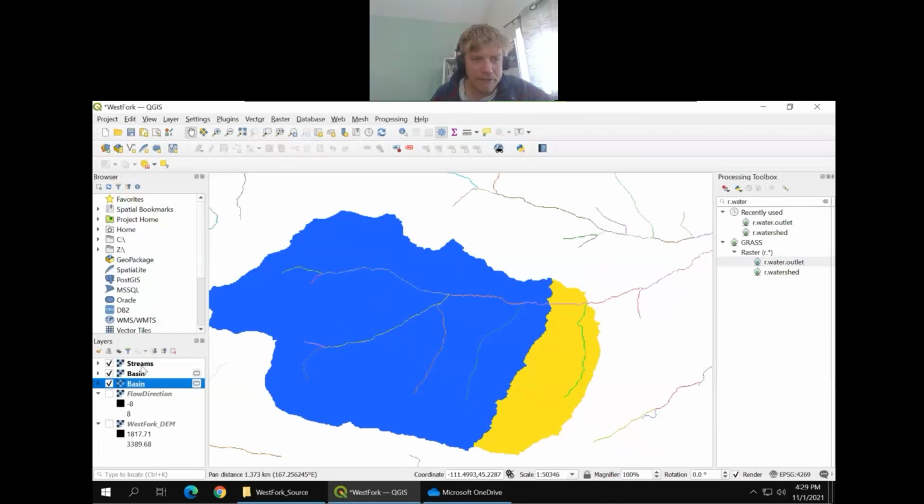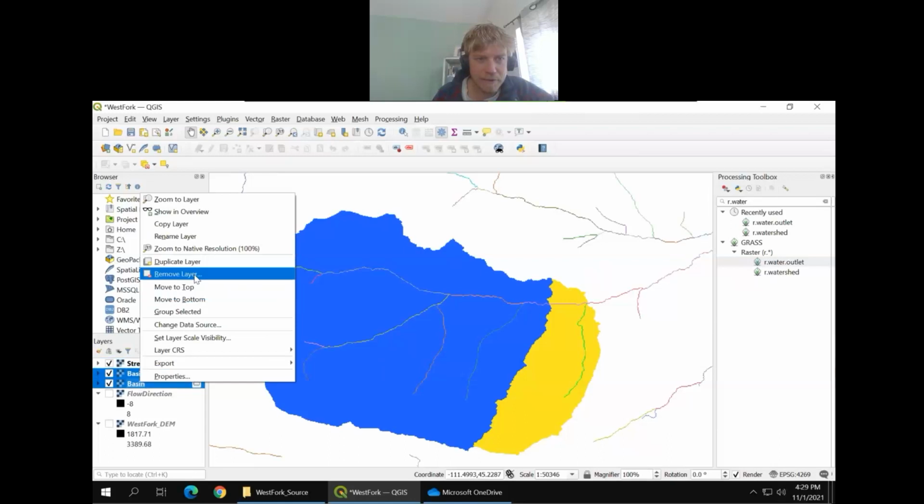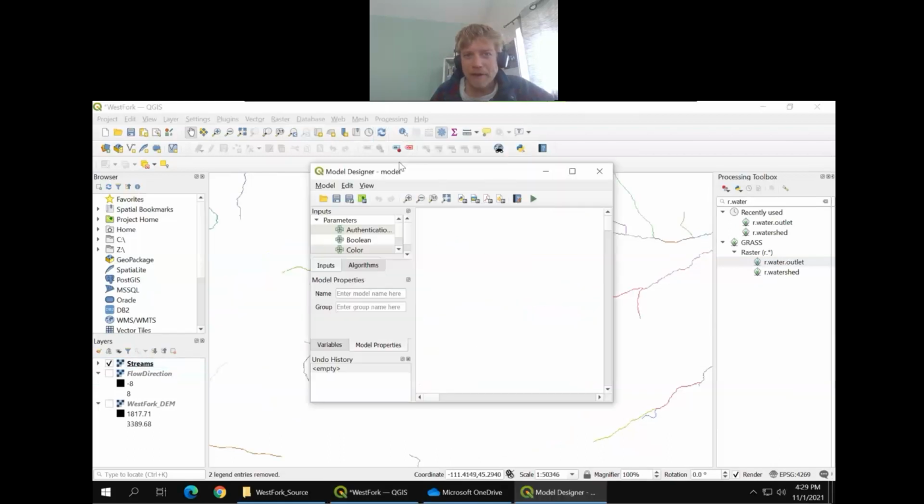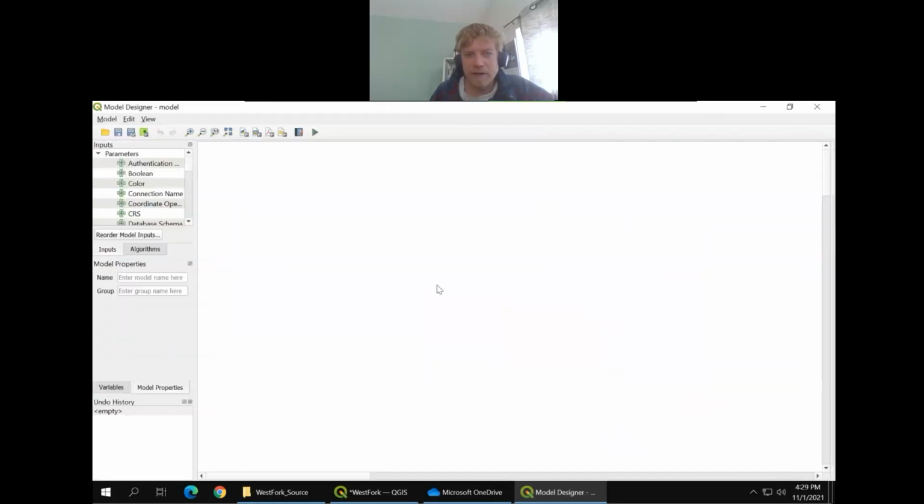I'm going to clean up my workspace here a little bit before I jump into that. Just remove these temporary layers. The Graphical Modeler is great for reasonably simple tasks, but when you try to build anything really extraordinarily complicated in the Graphical Modeler, almost inevitably you run into some silly little issue that you just can't resolve. And you can definitely sink a lot of time into trying to get really complex models running in the